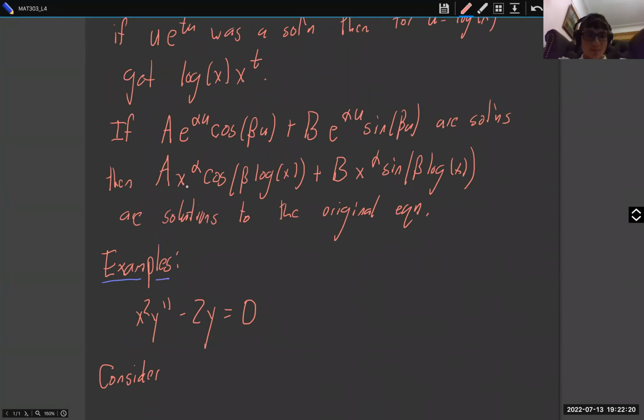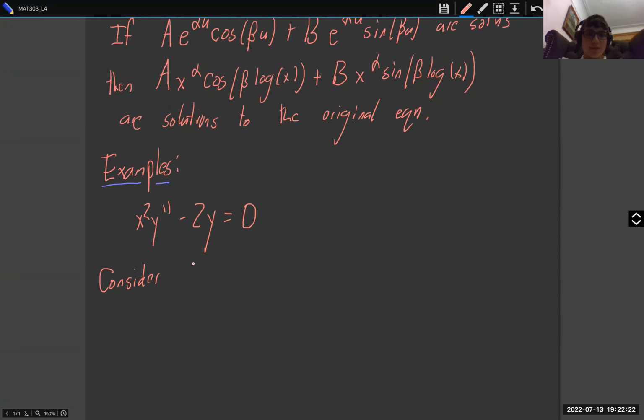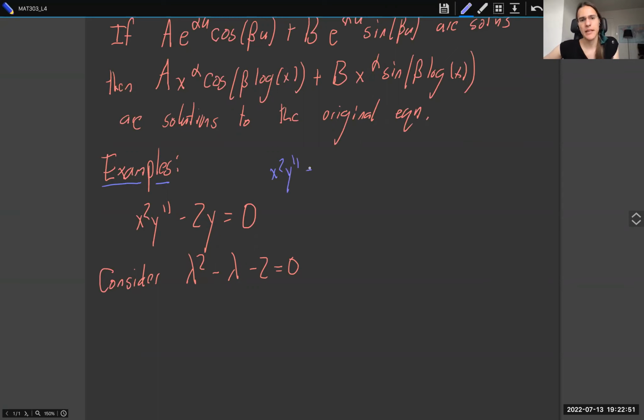Is it just lambda squared minus lambda equals 0? Yes. So the idea, well, you have the -2 here still, right? So -2 equals 0, right? You don't just drop this. But what happened is there was a 0 term here. So this was, in fact, the polynomial x squared y prime prime plus 0 x y prime minus 2 y,